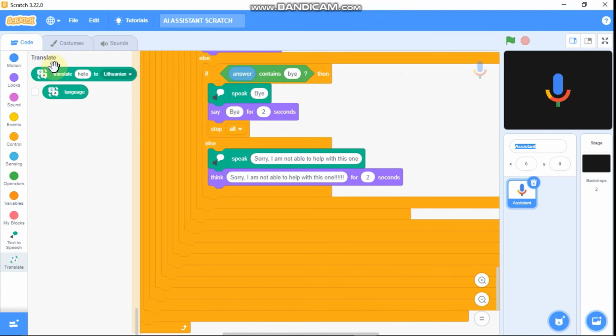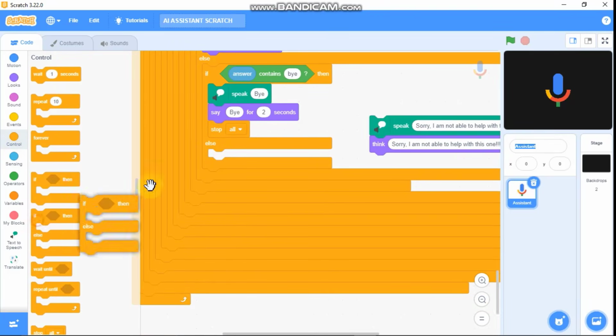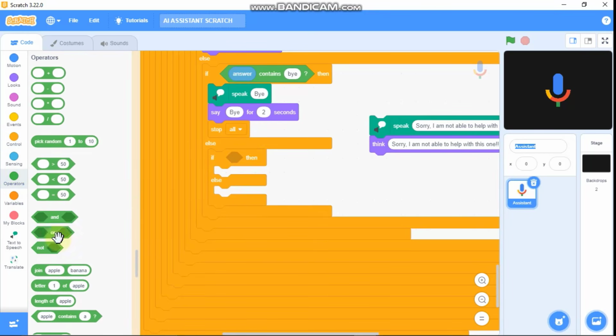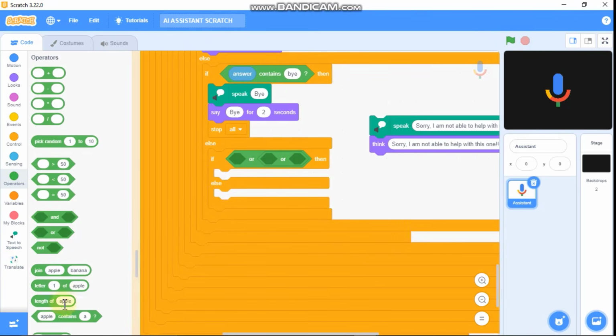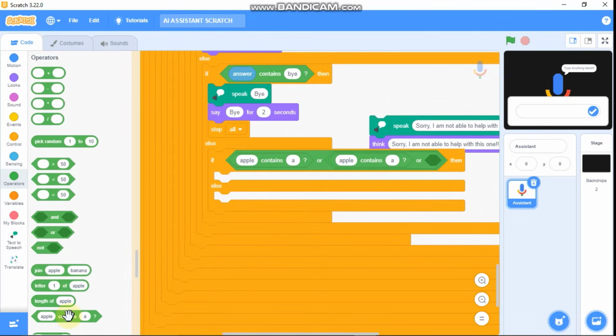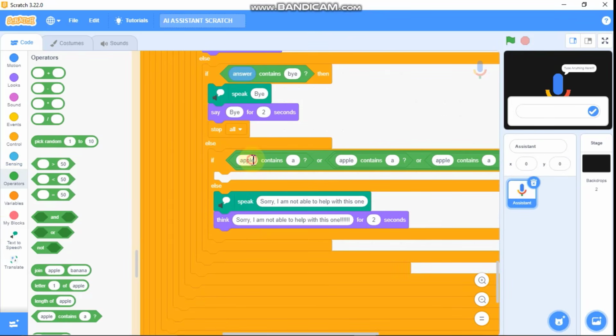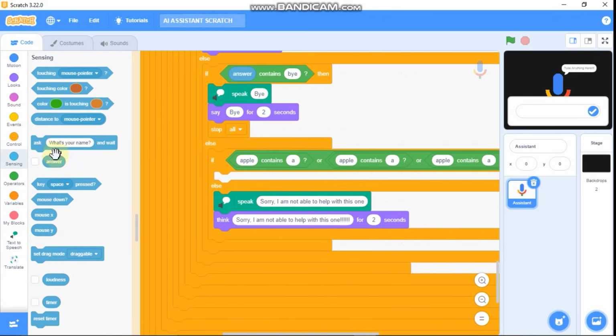So you could also use the translate extension to make your assistant talk in many languages. So I'll remove these blocks and grab the if else statement. So grab a contains, then place it here. So if our answer contains, we say speak French,